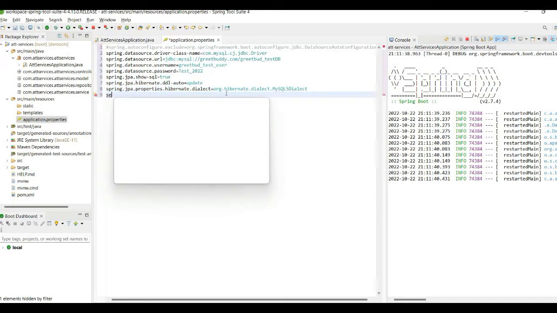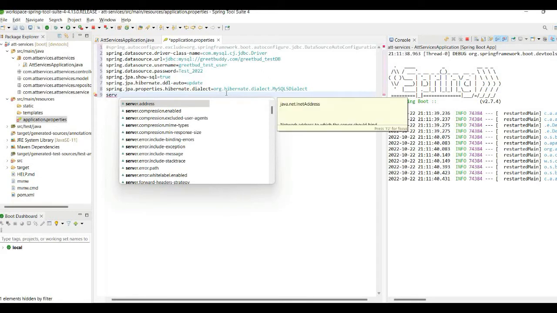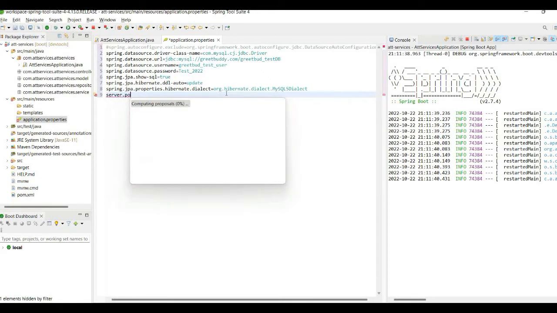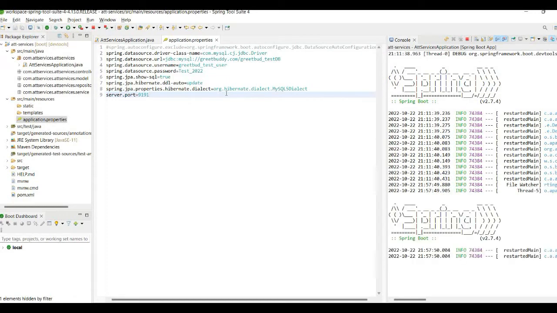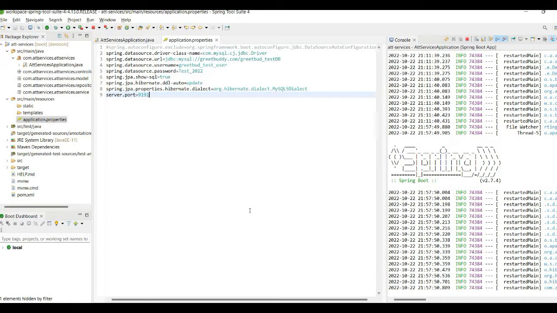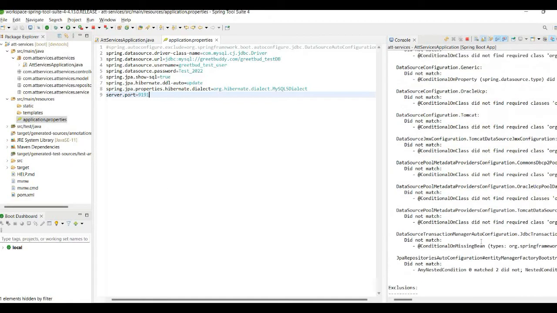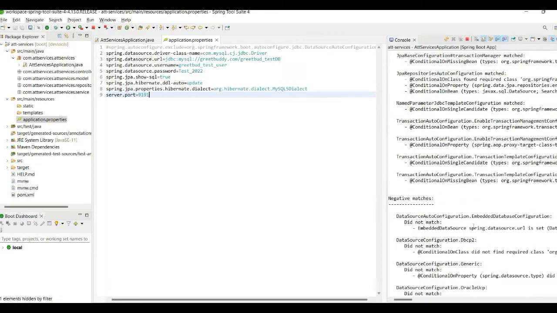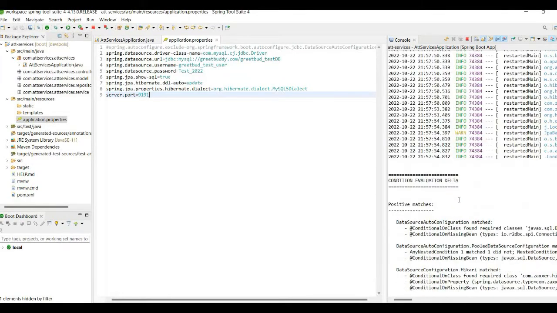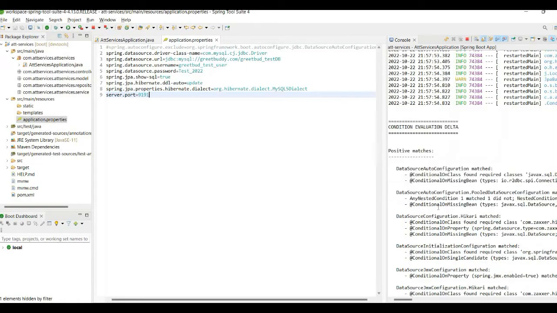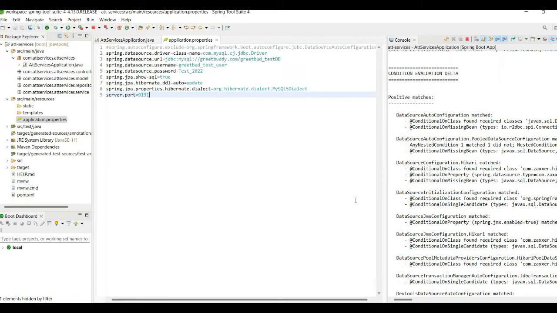Okay, so let's see. Server, now I'll be changing the port. The old port I'll not be using. server.port, I'm giving 9191. Any port, I'll just give 91. Yeah, so we are done with this. The database is okay. So now our table, everything is okay. So let's go to